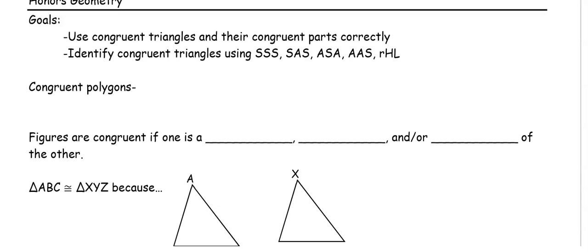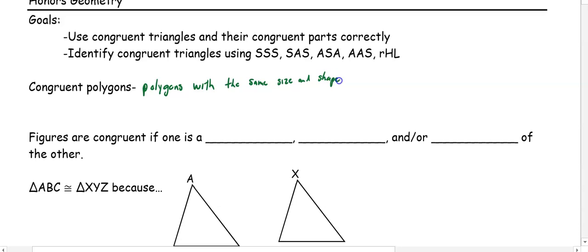So first we need to figure out what congruent polygons are. Those are polygons with the same size and shape. Figures are congruent if one is a translation, rotation, or reflection